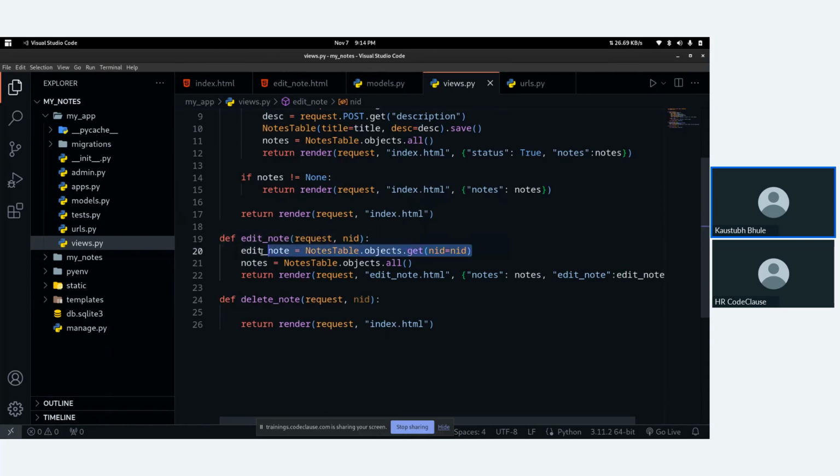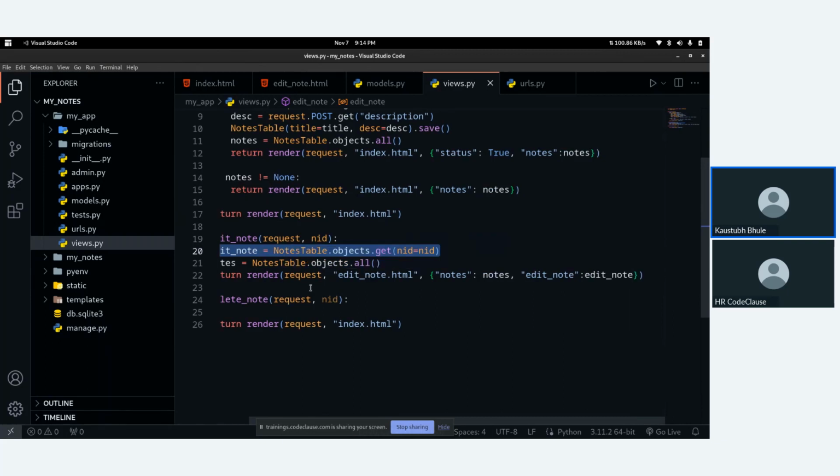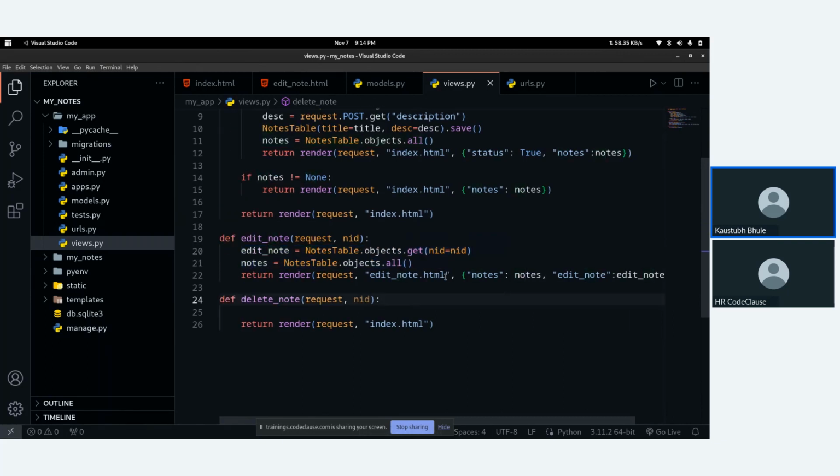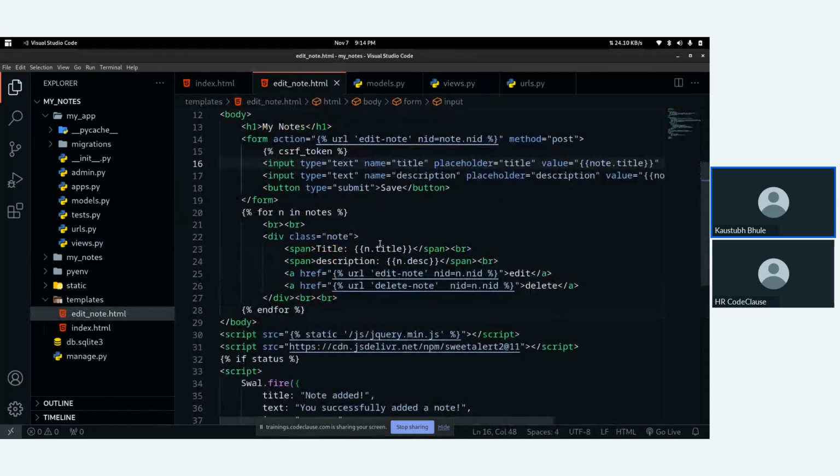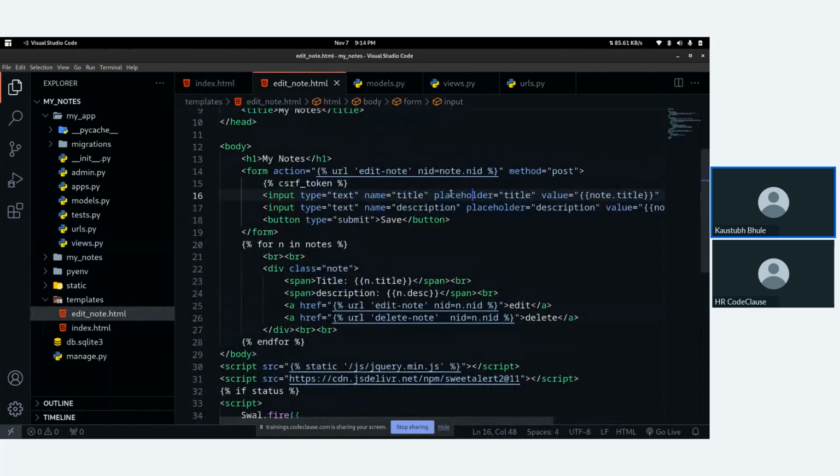Now we are passing this edit underscore note, and then all notes which we are retrieving using that all function to edit note.html. Now I got my answer. What am I doing wrong here? So basically, our variable name is edit underscore note.nid.